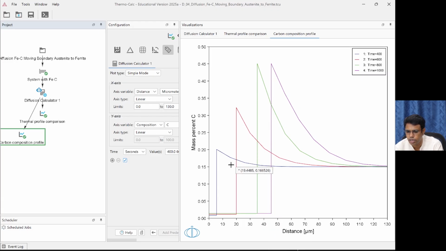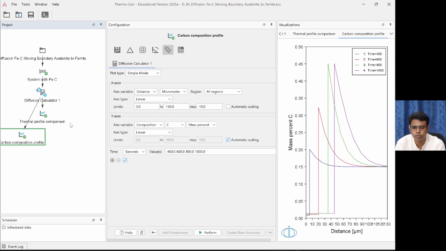But look at the red one and the blue one. These are for different, higher temperatures, 400 and 600. This is 600, where the temperature should be slightly lower. Therefore, you can see the phase diagram information is different, and the equilibrium composition of the two phases are different. At 400, it is even more different. This is how the composition profile evolves as the time progresses for a continuous cooling, non-isothermal profile.